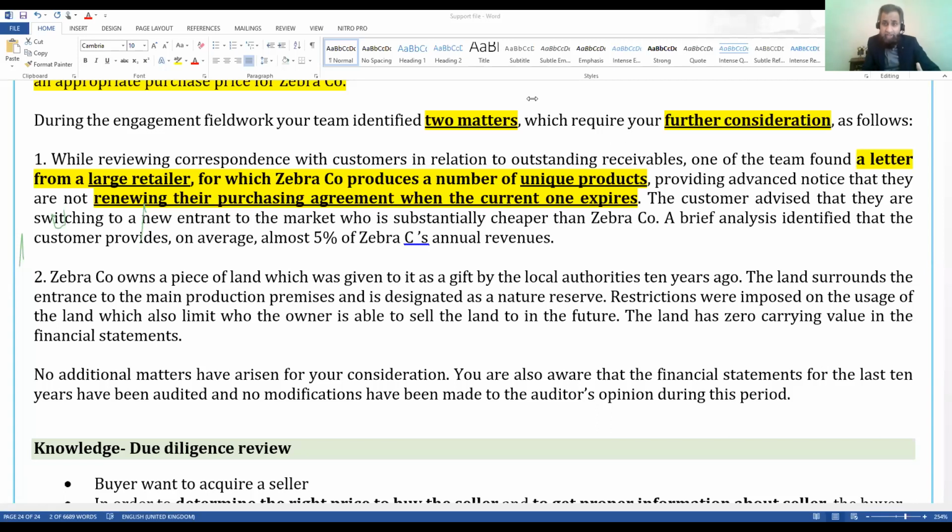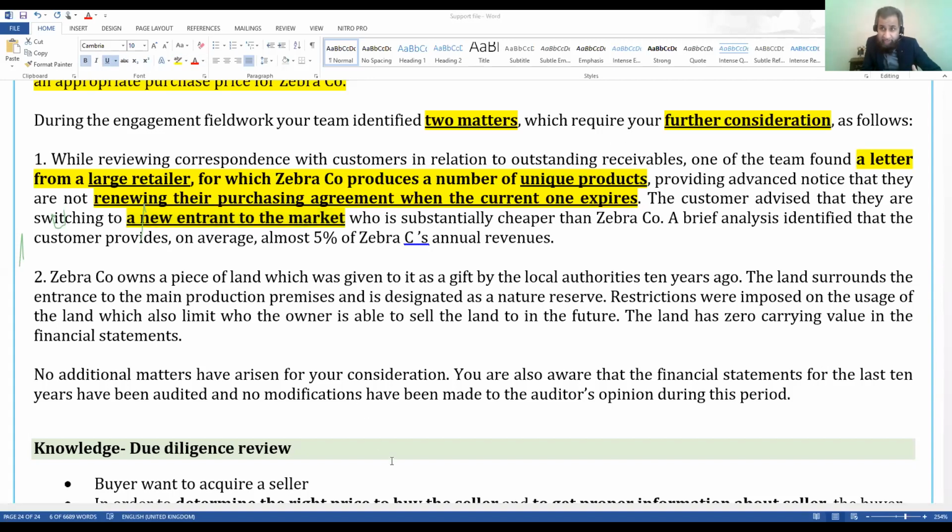Okay. The customer advised that they are switching to a new entrant to the market who is substantially cheaper. Will this be affecting the operating profit forecast for the future? Will this be affecting the future sales and future profit of Zebra? A new entrant in the market. Third,